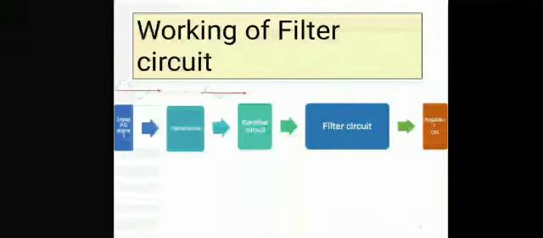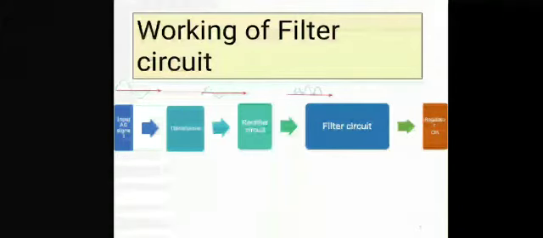The transformer used is a step down transformer, which converts your input AC signal into a lower AC signal. So at the secondary of the transformer we get an AC signal but with a lower amplitude, because the transformer used is step down almost every time, except for the center tap rectifier. This transformer output is given to the rectifier circuit. The rectifier circuit converts the AC signal into a pulsating DC signal as shown in the waveform. Then the filter circuit comes, on which we are going to focus. In this session we are only going to see the types of filter circuit.